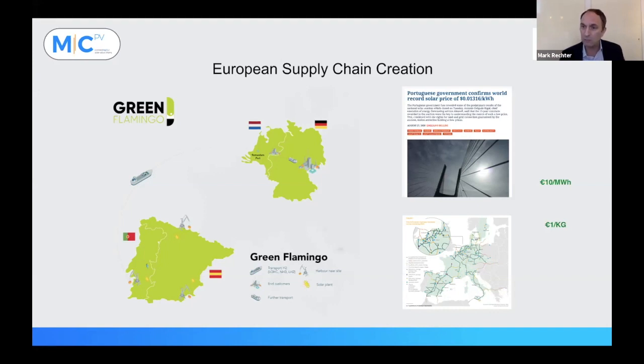The numbers on the right are, I think, quite relevant. The 10 euros per megawatt hour is kind of a magic number. It's the 1 cent per kilowatt hour that has been mentioned several times by several people today during this session, and is kind of the holy grail of solar. Now, as mentioned, we are already very close to that, given the last auction that was held in Portugal,